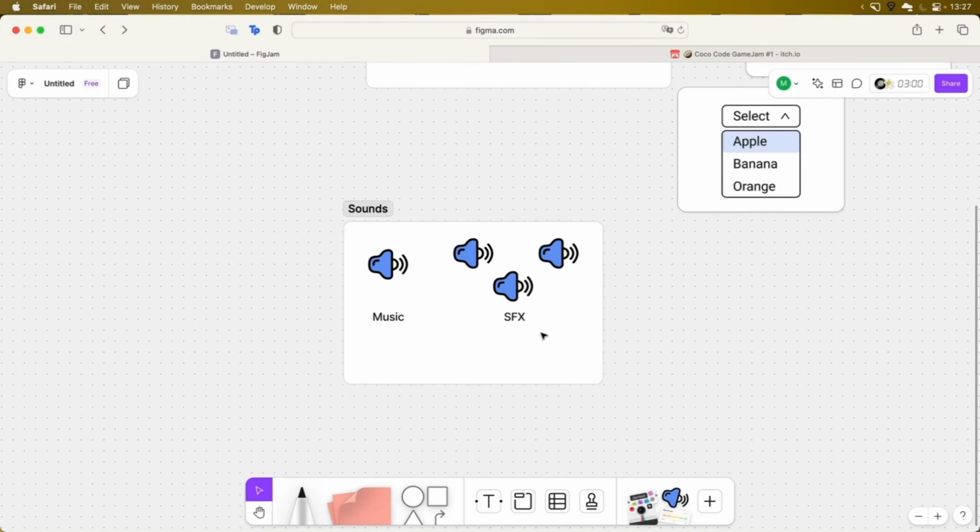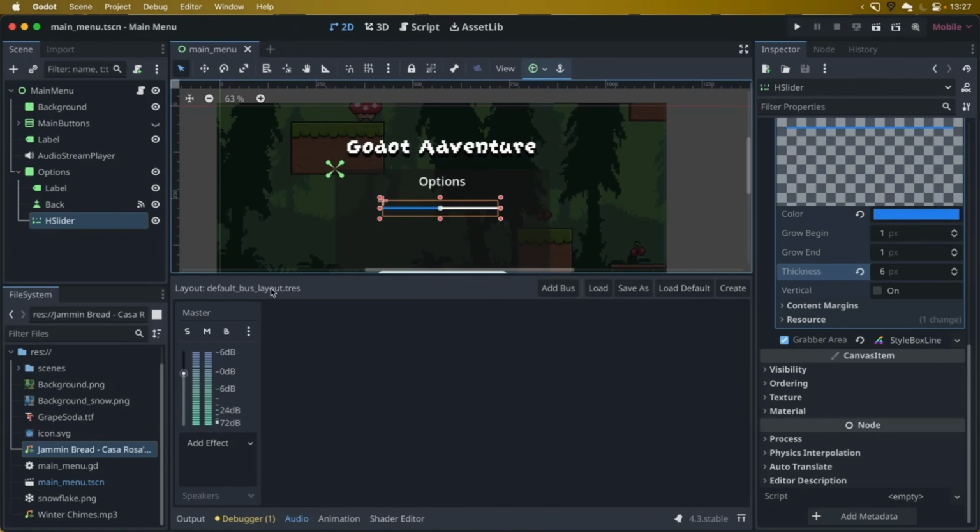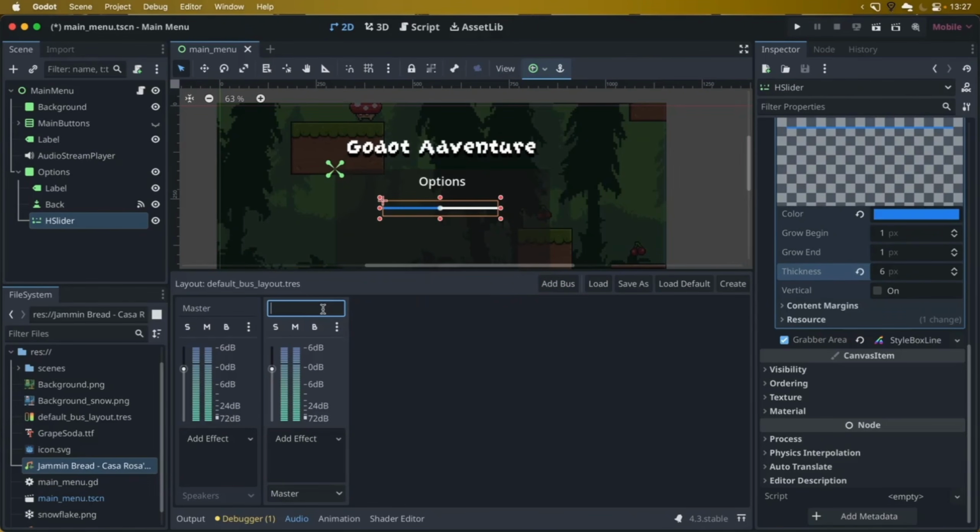So for example, player would like to disable music but would like to have sound effects still present in our game. In Godot it's actually very easy to do so. Here on the bottom, just click audio, and here you have default master bus. If you haven't configured anything here, this is the master volume. Every audio that is output from the game is dependent on this volume, but we can create additional buses. So click here, add bus, and let's name this bus music,